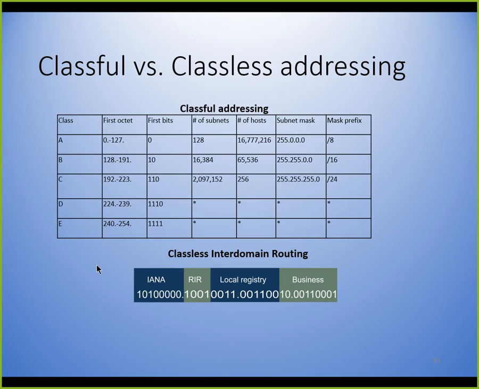A little bit better look at the classful versus the classless. I said that originally they were classful. Classless, we can use the subnet mask, and we can change the subnet mask from the classful ones, from the 255.0.0.0, the 255.255.0.0, and we call that subnetting. We move the